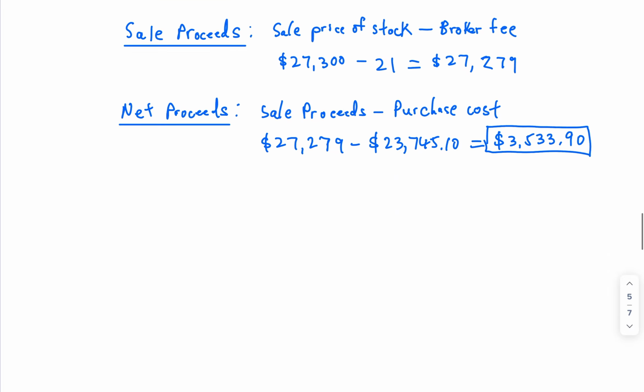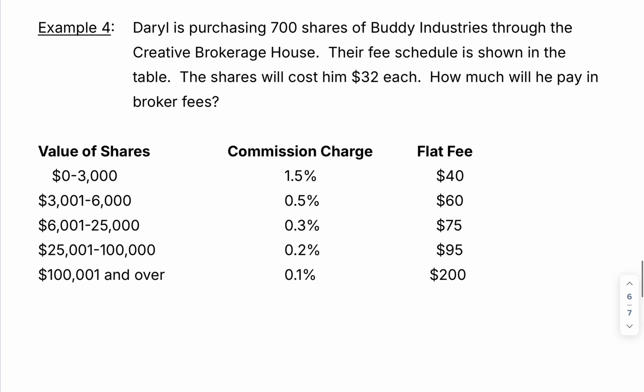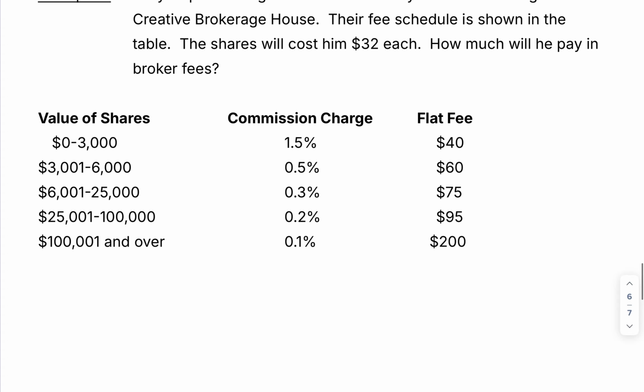Okay, let's go ahead and move on to our last example, example 4. Daryl is purchasing 700 shares of Buddy Industries through the Creative Brokerage House. Their fee schedule is shown in the table below, and the shares will cost him $32 each. How much will he pay in broker fees? Okay, so the first thing to do is determine the value of the purchase. And so Daryl purchased 700 shares at $32 per share. And that works out to